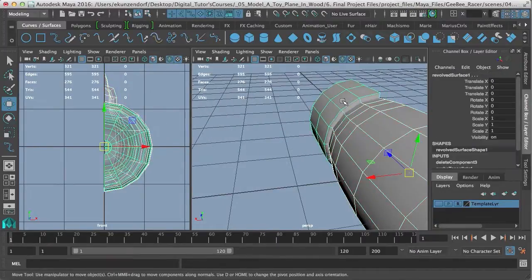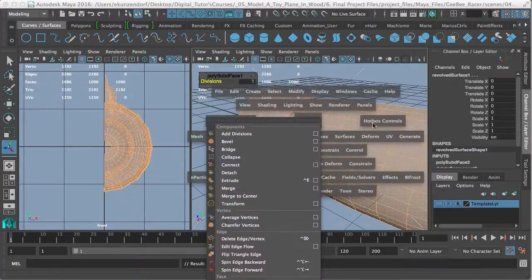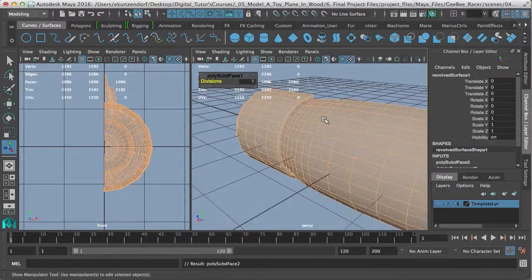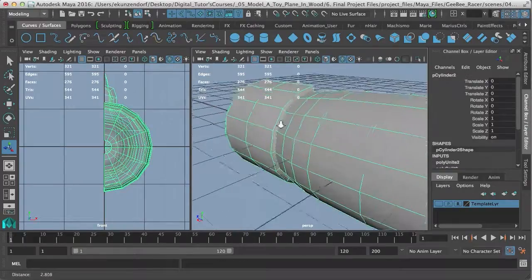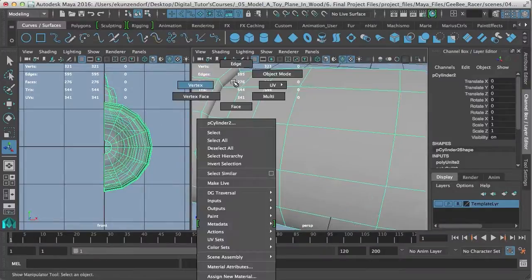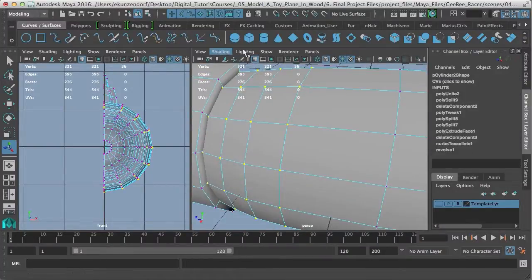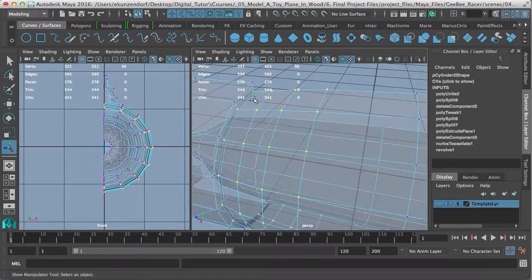I'm going to shift click to select both of these, and I'm going to go to mesh. Try that one more time. Undo. There we go. I hit the wrong command. And I'm going to go to mesh combine. And now what I'm going to do is I can use a couple of tools to do this. I'm going to use vertex, and I'm going to go to wireframe or go to X-ray, and I can see I've got these two